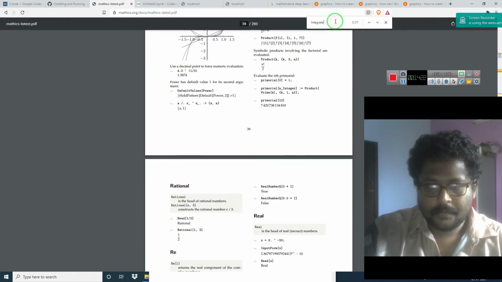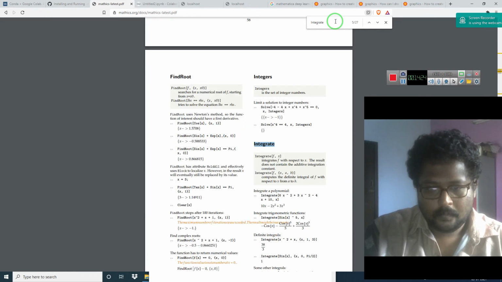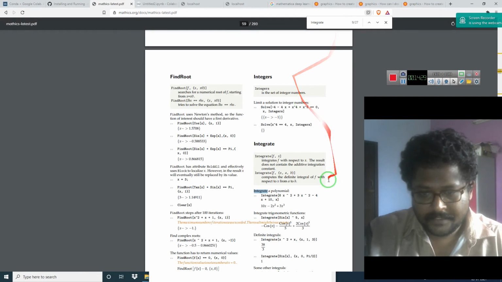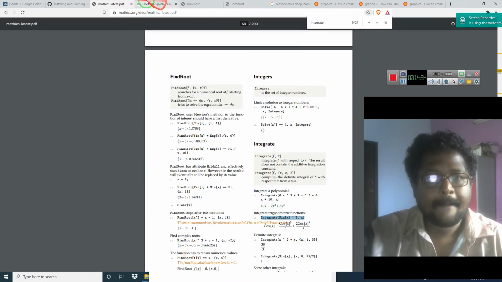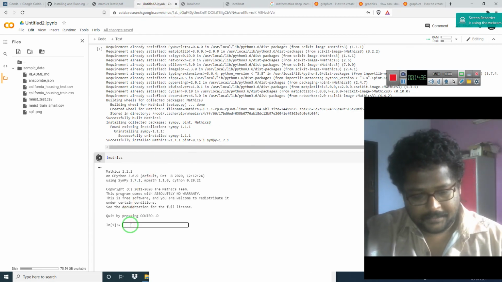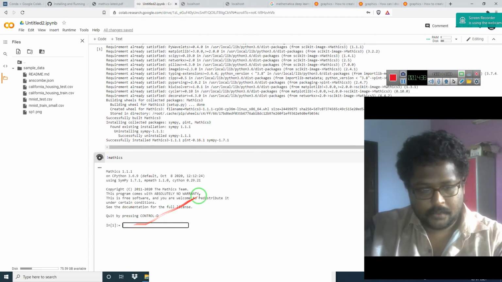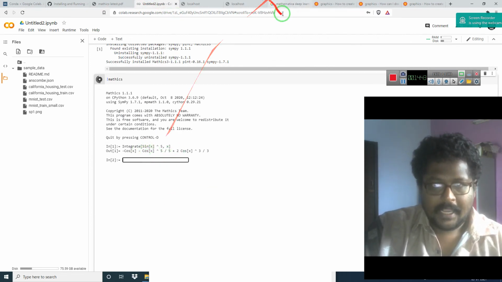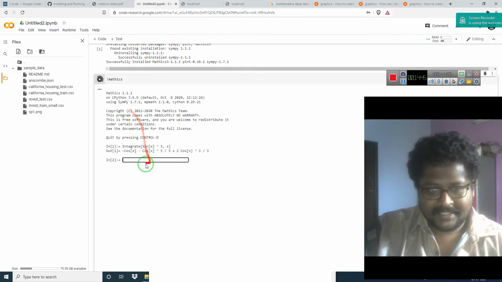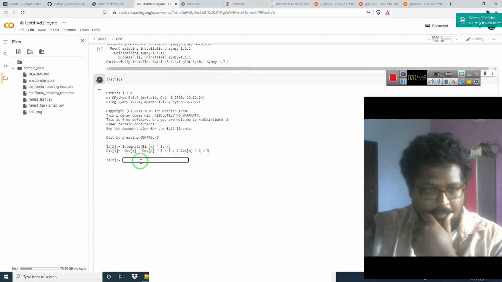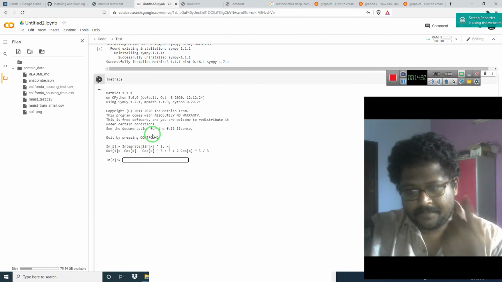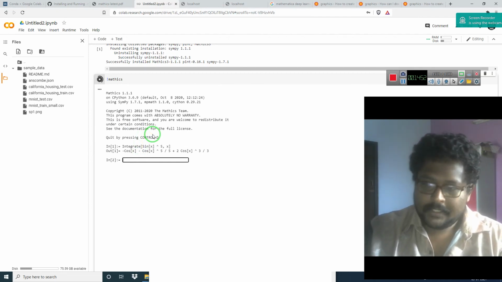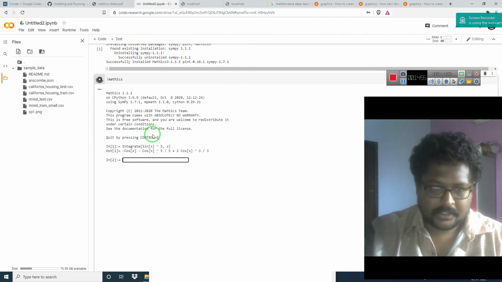Let me show you a symbolic formula. You have this sin x power 5 and you want to integrate this. So you copy this, take it here and paste it over here. It may not show, but you can see the calculation. You can do every calculation in mathix for some minor things. So we can use mathix on Colab. It is a very big deal. You can also connect to the local server runtime and start using it.